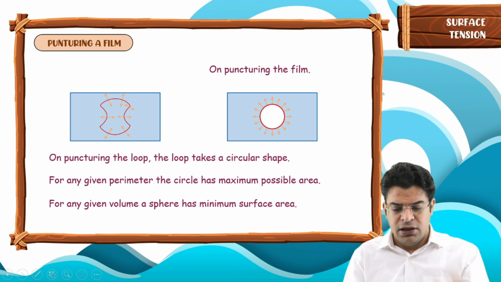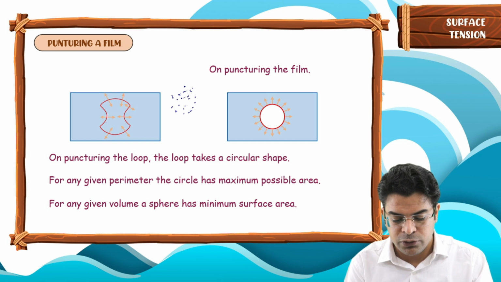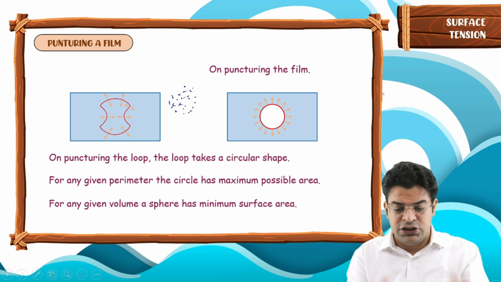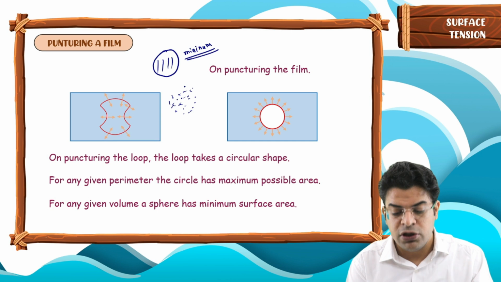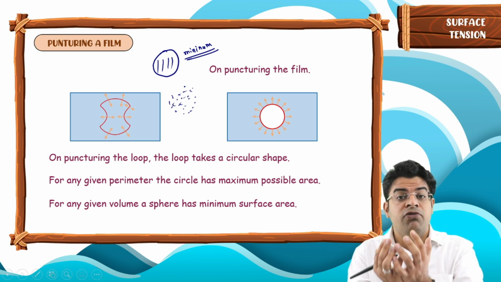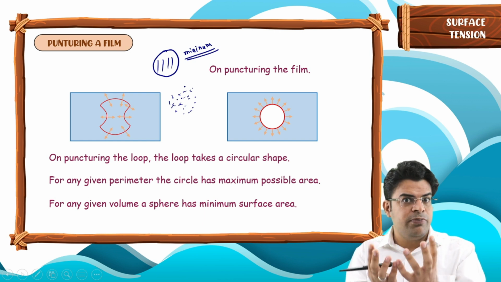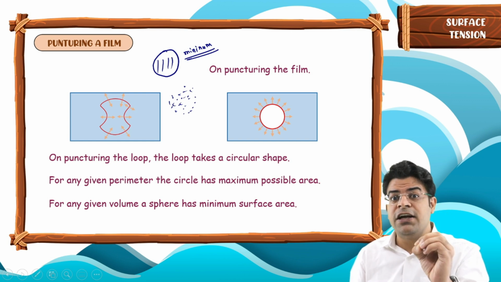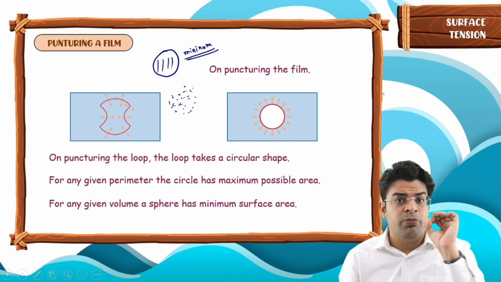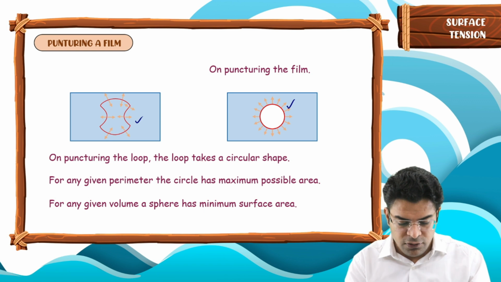Now, let's say things are forming from scratch, so there is a volume of matter. If this matter takes a spherical shape, then the surface area for this particular volume will be minimum. And as the surface area will be minimum, the surface potential energy will be minimum. That's why all celestial objects have got spherical shape. So we can explain this circular shape even using energy or through the forces.